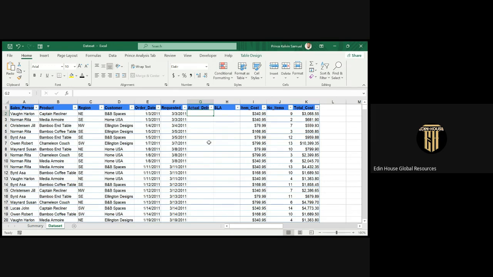Then, if you have the service level agreement, deducting it from the actual delivery date, you're going to get whether it is performing, within the delivery date, or outside the service level agreement. If it is outside the service level agreement, management wants to see what the challenge is, why these items were not delivered within the specified period of time agreed with the customer. So that's what we're going to be doing